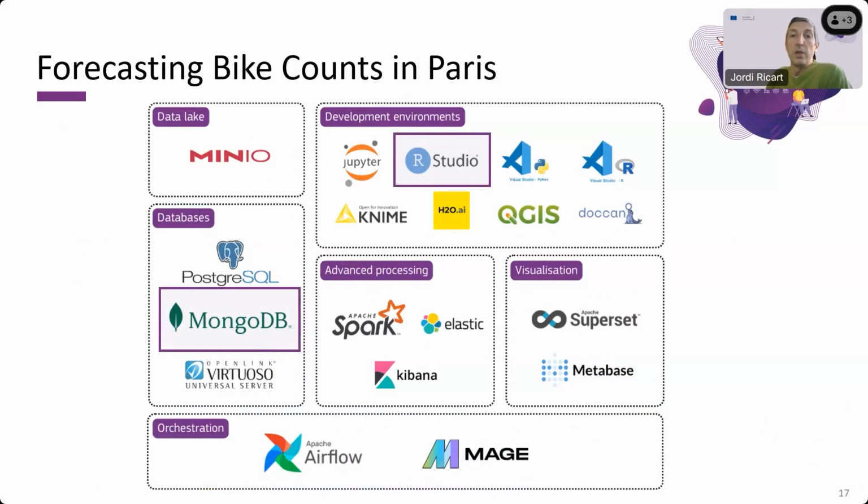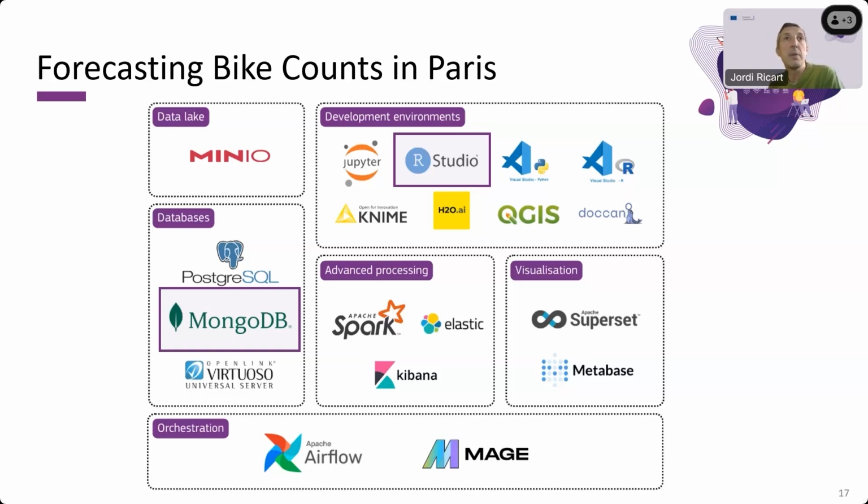Today, we'll be using MongoDB. Mongo is a NoSQL database designed for storing and managing unstructured data. It allows for flexibility in how we structure and query our data, making it an ideal choice for dynamic datasets. In our case, we'll use MongoDB to store and retrieve bike count data collected from an external API. This will enable us to efficiently manage large volumes of data over time and provide a structured way to analyze